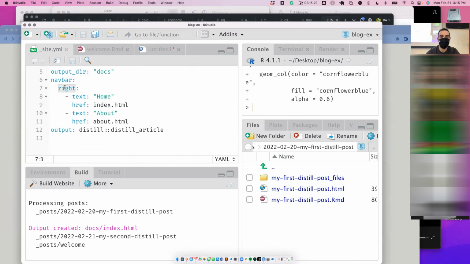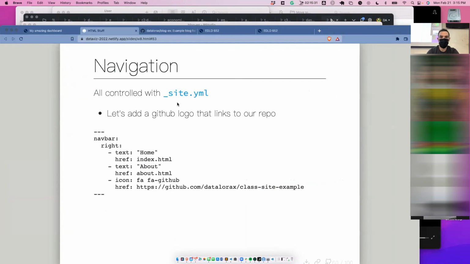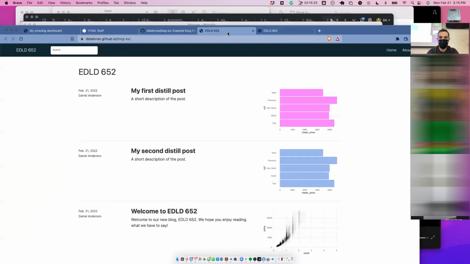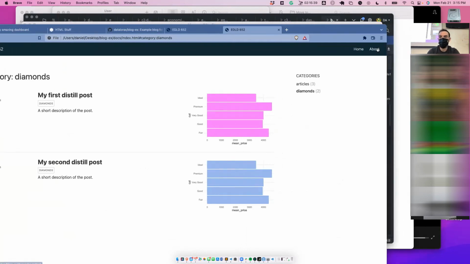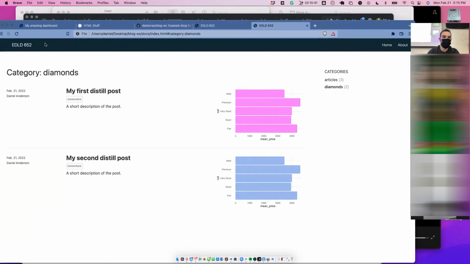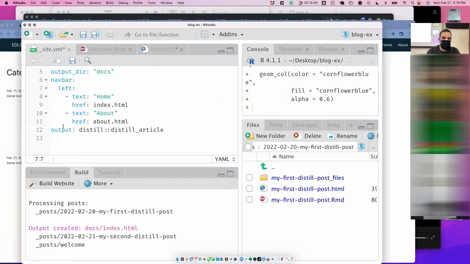I'm going to change this to be on the left side. So right now we have home and about, okay? I'm going to move those over here instead, and then I'm going to put my source code over here to the right, okay? So that's on the left, and now on the right side, I'm going to have